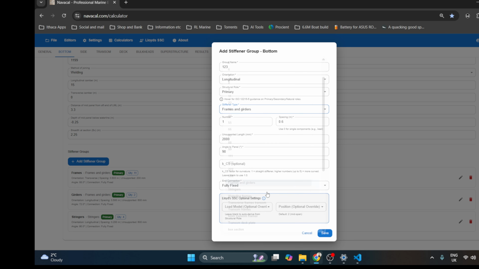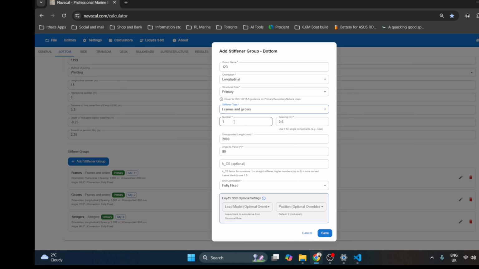We'll choose frames and girders. For the bottom panel and the side panel, it's one side of the bottom and one side panel you're running the calculations on. So if we look here at the number, so if the panel was say 1200mm wide